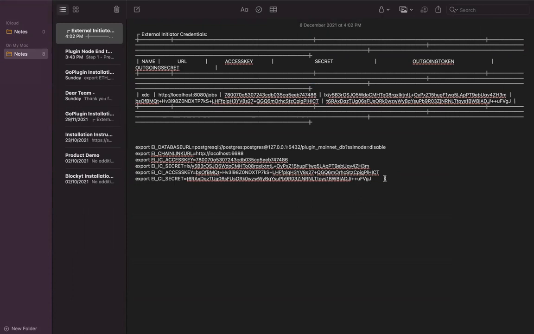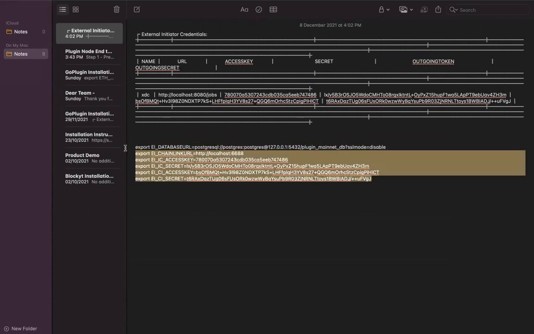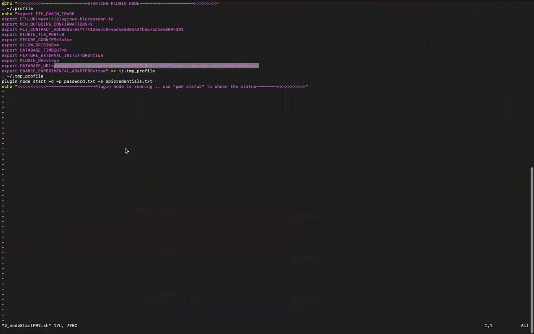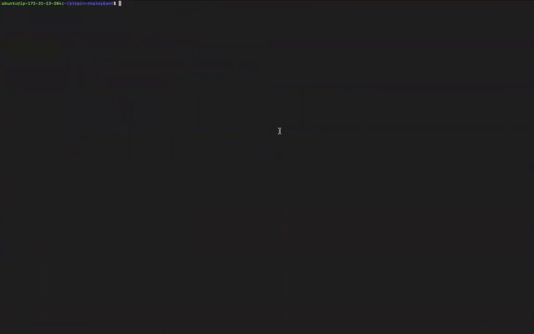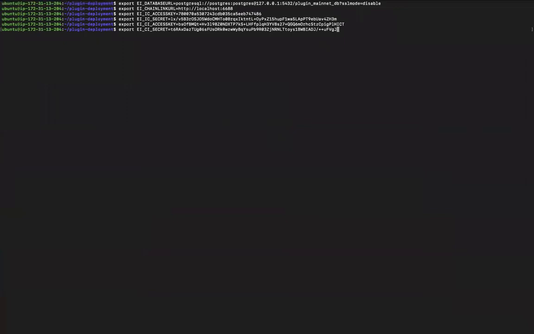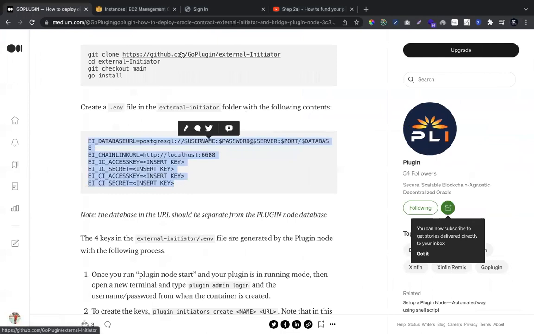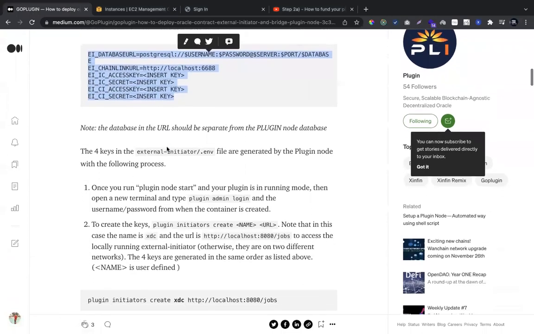Once this is done, just copy this export and then just paste it. Now the environment variable has been exported, right? You can check by calling any other variable to see whether it is properly enabled. Yes, it is.